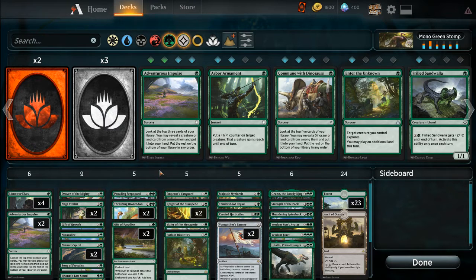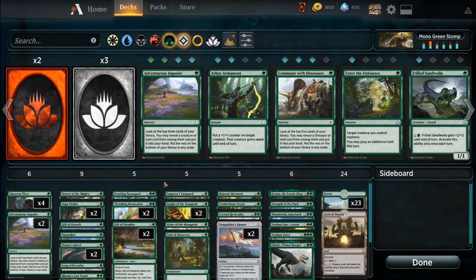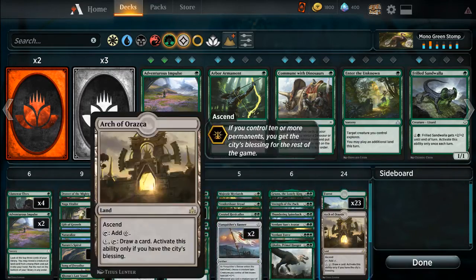I just uploaded a video of a mono green deck, which is what I'm looking at here. Originally, when I recorded the video, I did a quick deck tech video at the beginning, and then I jumped into some gameplay. The first video that I recorded, I ended up not uploading. So I'm back here. I'm gonna go over what's in the deck,